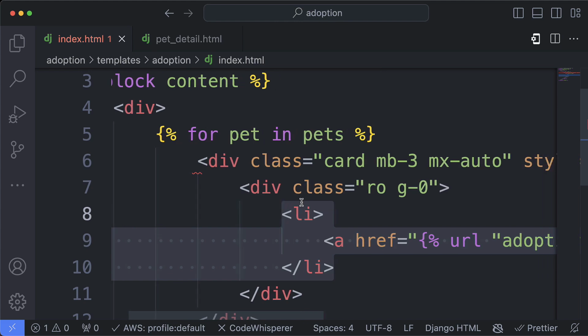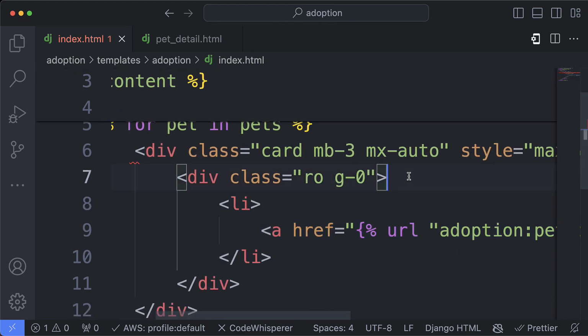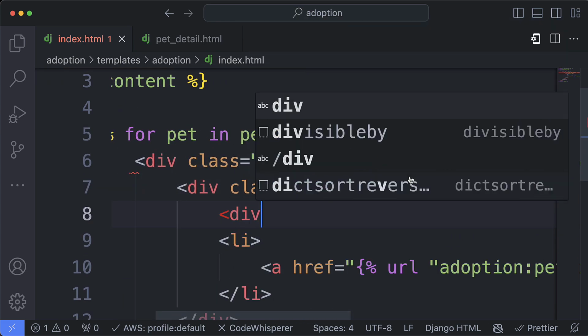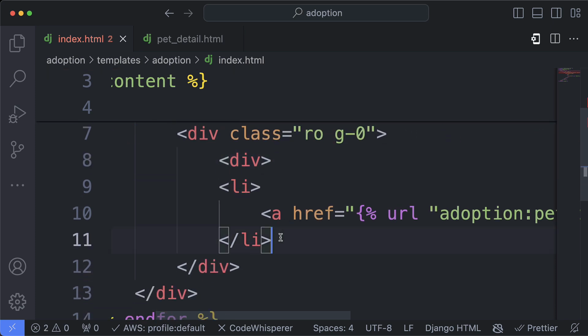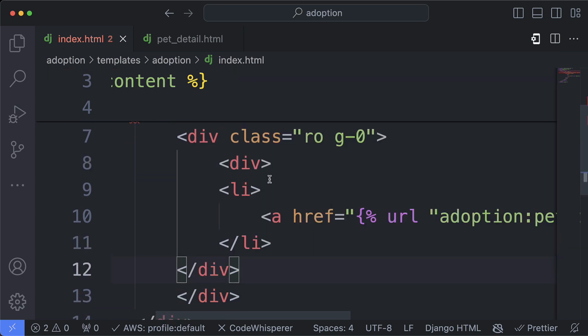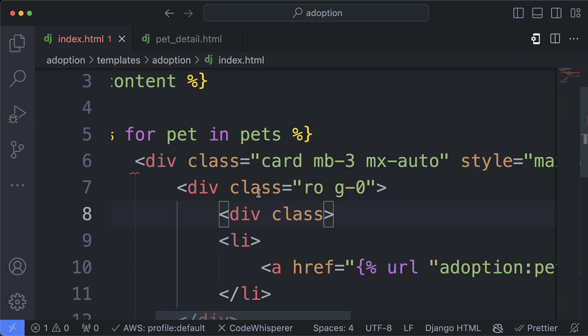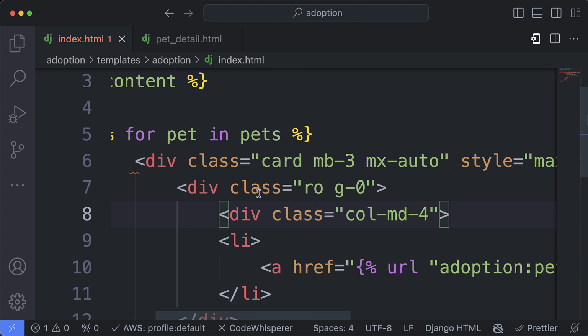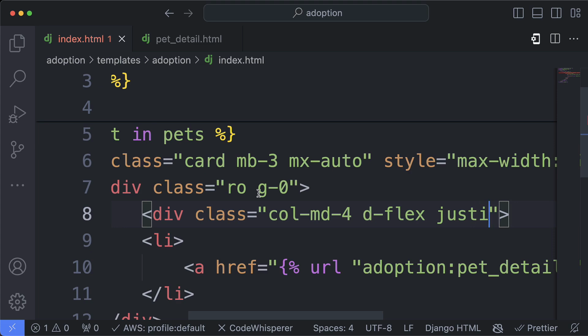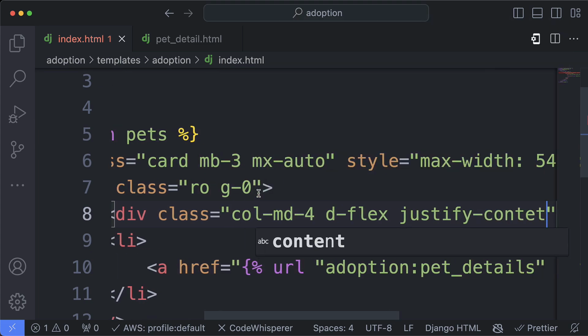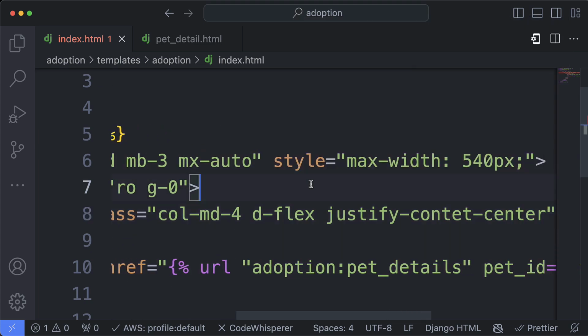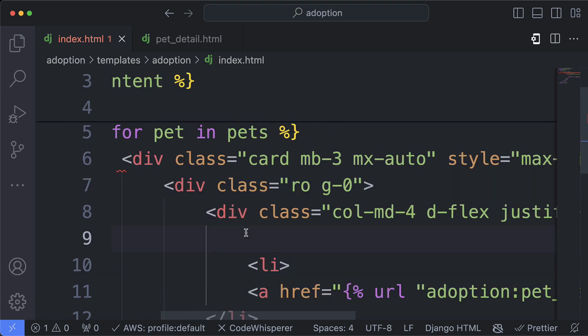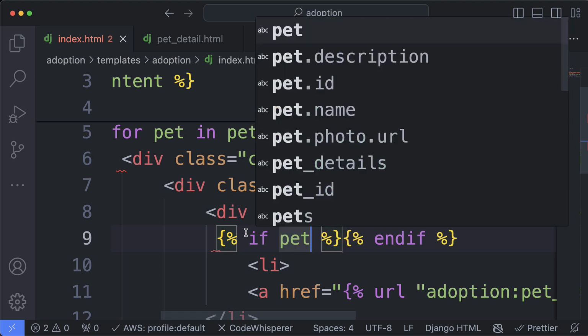And put that inside there. And then inside of this row, for each row, I'm going to add another div, and put another class here. That's going to be column MD, but for the flex, I'm going to justify content center. Okay. And inside here, of course, I'm going to put an if statement to say if the pet